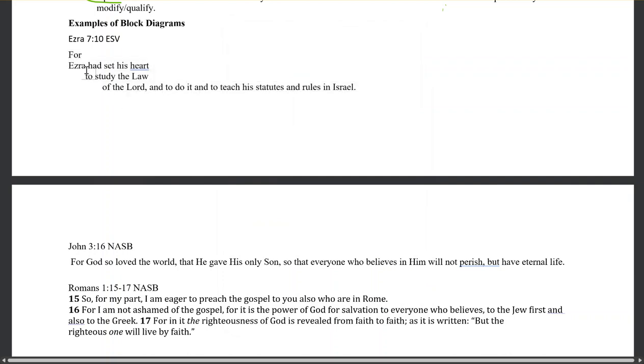Of the Lord. So I'm going to indent this inside here because it's subordinate. "For" stands for "because." Because that means you need to see what has been said earlier, that is now being followed by "because" or "for." There's something important that was said earlier about Ezra that you need to connect and make sense of this entire argument.